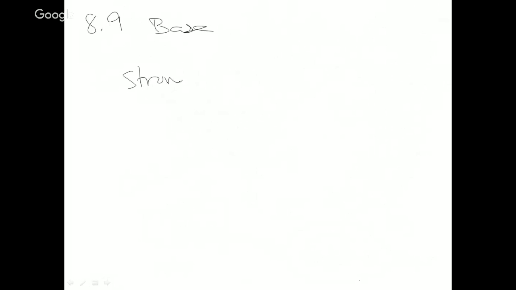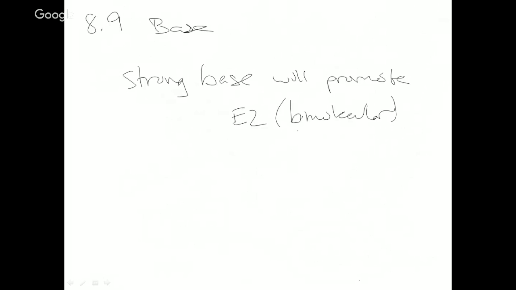So the base is key. A strong base is involved in the rate determining step. It will promote E2, right? So the stronger the base, the more bimolecular it's going to be. A weak base just can't, it's not strong enough to get in there. It's got to wait till the carbocation forms. So let's look at sort of an alkyl chloride, tert-butyl, so tertiary. So again, the conditions are everything. Okay? Sodium methoxide